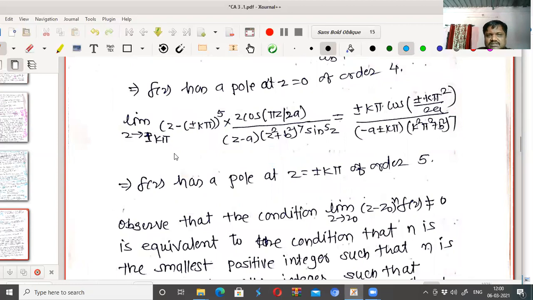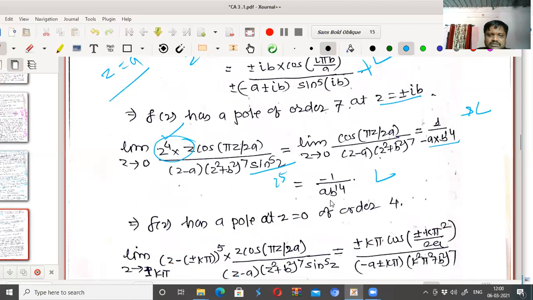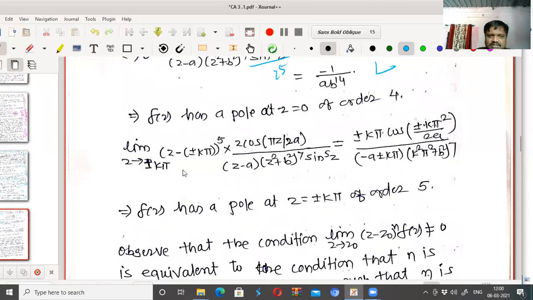Now at z equal to plus or minus k pi also, because sin pi is again 0. That we are saying z equal to plus or minus k pi, z minus plus or minus k pi to the power 5, multiplying by this term, and sin raised to 5z. So as z tends to k pi, this numerator and denominator becomes 1. So I am putting k pi. So its limit becomes 1. We get plus or minus k pi cos plus or minus k pi square upon 2a minus a plus or minus k pi and k square pi square plus b square to the power 7. This is also some finite. Therefore, we can say that f of z has a pole at z equal to plus or minus k pi